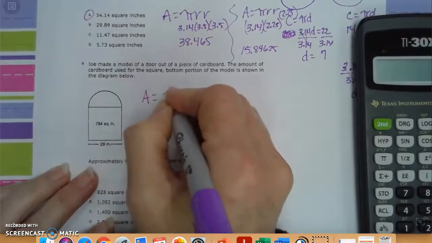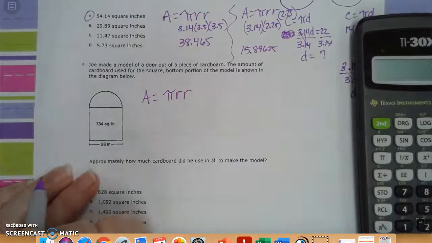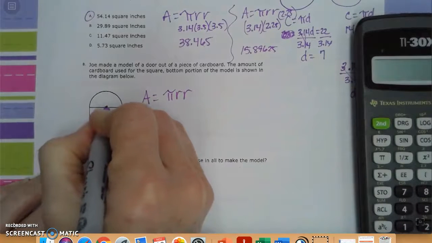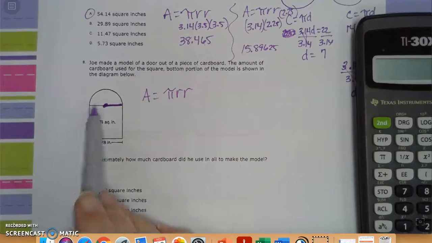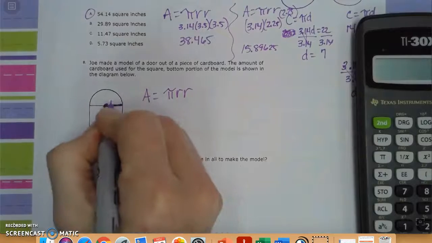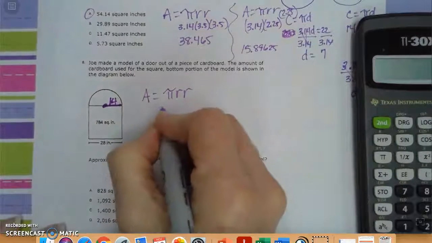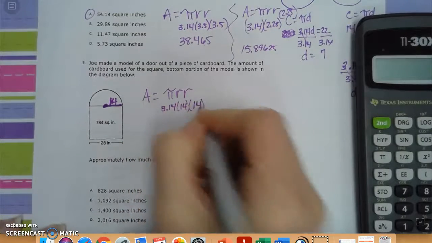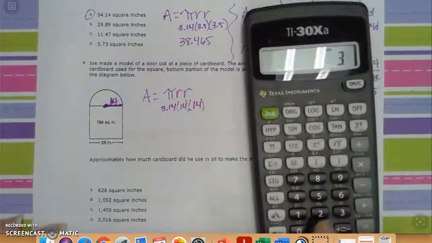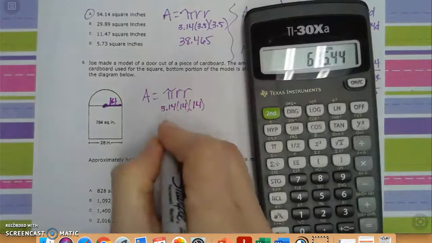So we know that the area of a circle is pi times r times r, because we're doing the whole cardboard, which means we need the area. So we need to know the radius, which is from the center to the outside. If all the way across is the diameter, from here to here is 28, then the radius would be 14. So we've got 3.14 times 14 times 14. And that's going to be